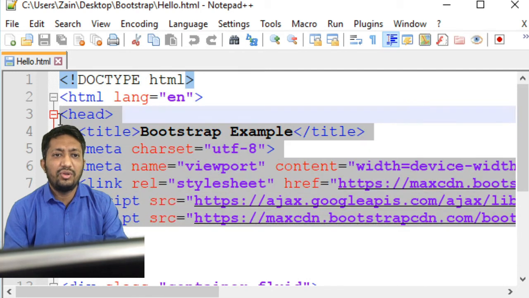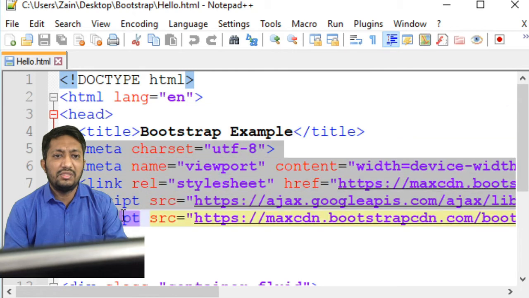So this is the common code. This common code is these five lines: meta tags, then CSS, then our jQuery tag, and our JS code.